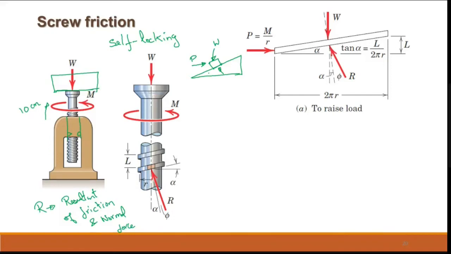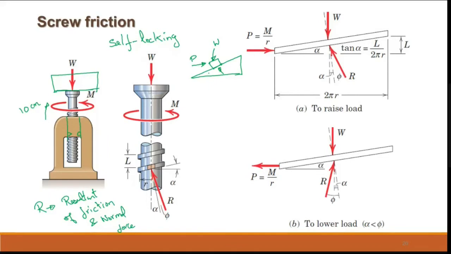We are not going to derive the formula because it has lots of trigonometric equations involving sine theta plus alpha, theta minus alpha, similarly cos theta plus alpha. You should know the formulas for cos A cos B and sin A sin B, and at the end you will derive a formula. We are not going to discuss those steps, so we'll directly go for the formula. This is for when you want to raise the load with your screw. Similarly, when you want to lower it, it is just opposite.